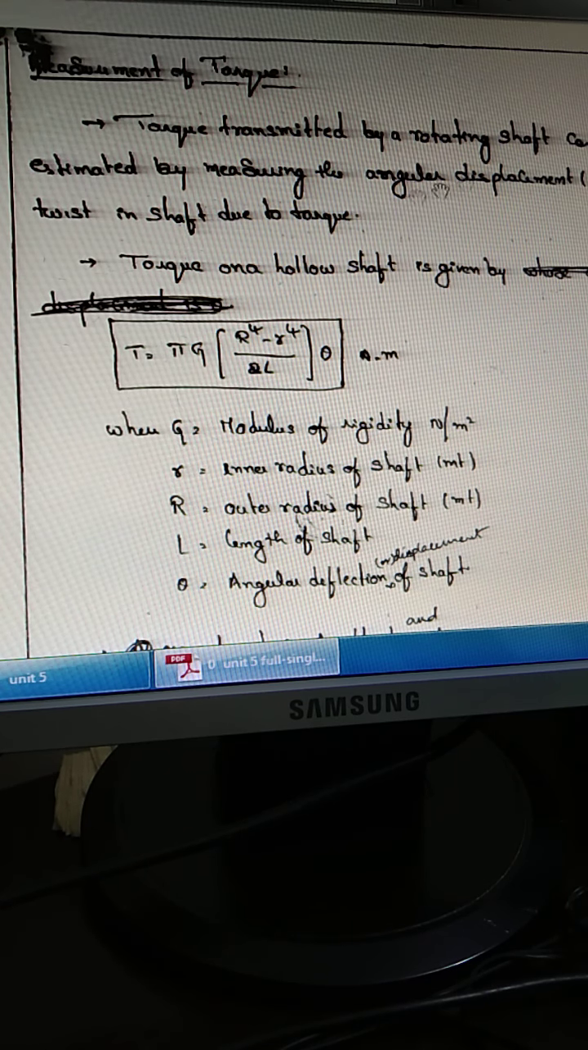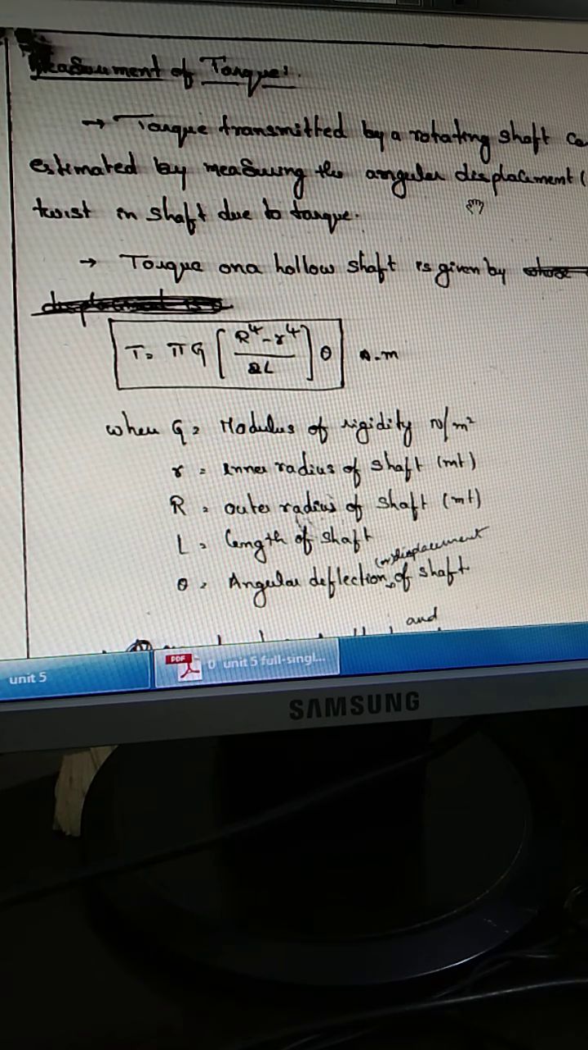And in this, if you consider a hollow shaft having an outer radius of capital R and inner radius of small r, its torque is given by T is equal to pi into G into (R to the power 4 minus r to the power 4) divided by 2L into theta, where G is the modulus of rigidity of the material and theta is